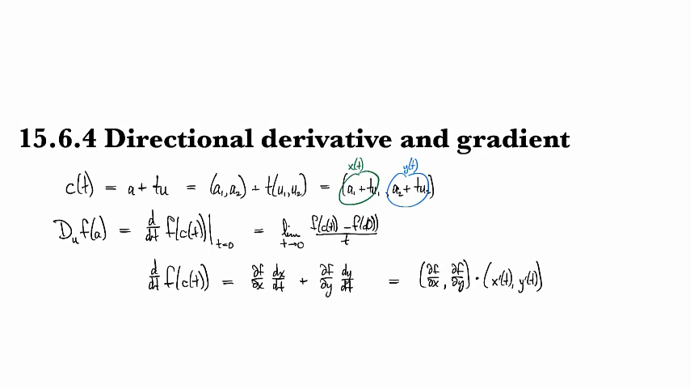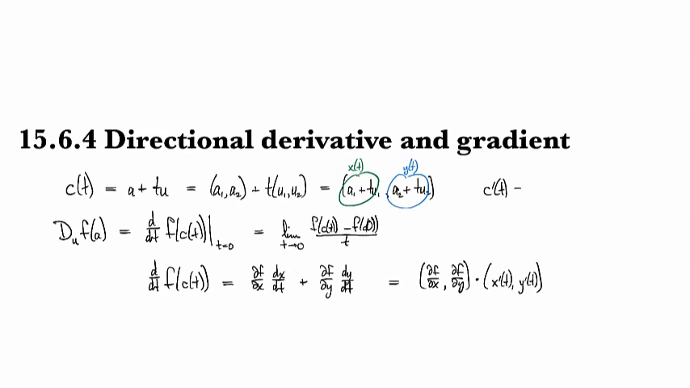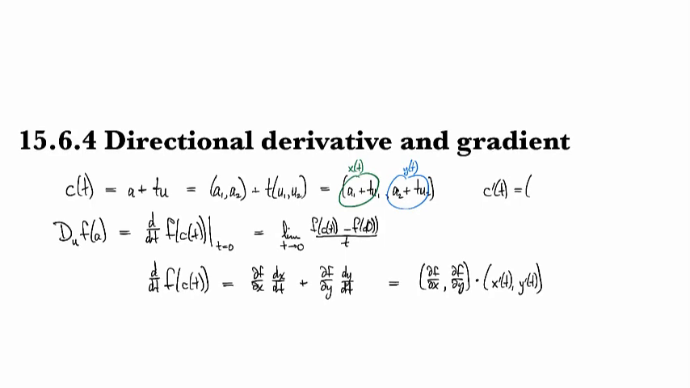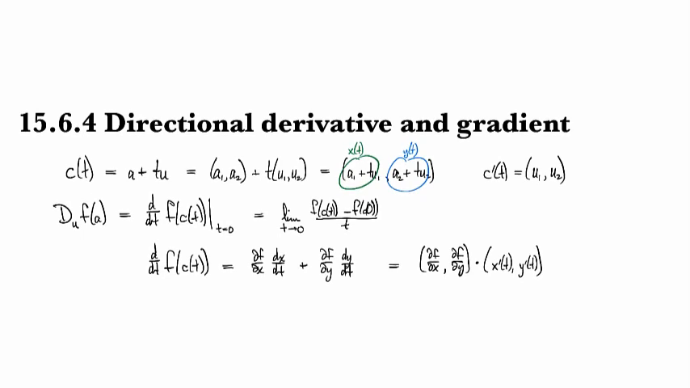If I want to find out what x prime and y prime are, those are just the coordinates of c prime. Differentiating the first coordinate, a1 is a constant, so it's gone, and I differentiate t u1 with respect to t and I get u1, and differentiating the second one I get u2. So what we find is, in fact, that this is just the gradient of f dotted against u,